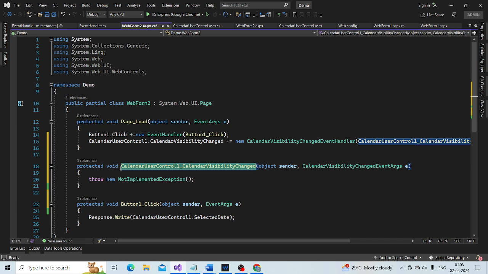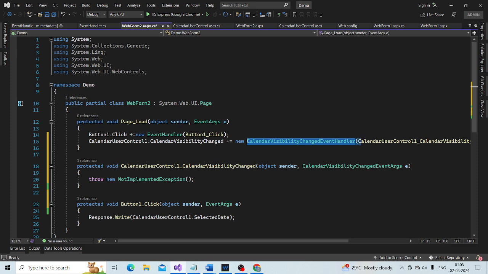Means the signature of CalendarUserControl1_CalendarVisibilityChanged matches the signature of this delegate.